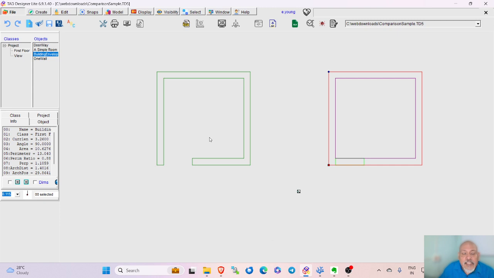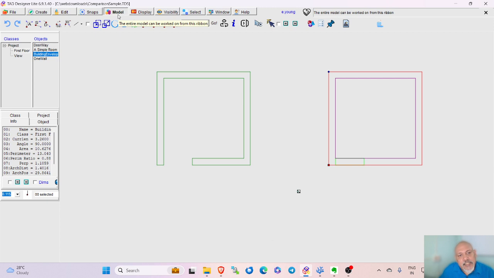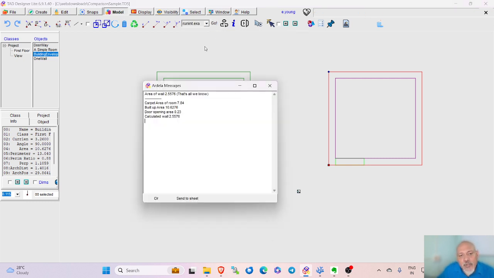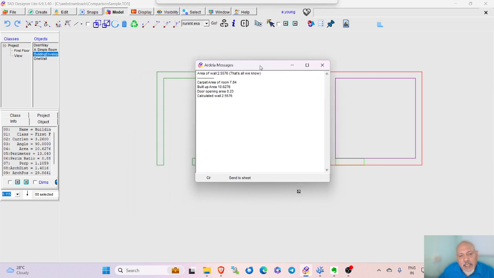Luckily for us, there is one internal scripting language which I have invented, and that is also available in TAD. That's called Ardala, Architectural Design Language. Using Ardala, I put a script inside this particular file, and now I will run that script for you, and you will see that it actually has recognized this particular classification and the way this modeling has happened. So I'll just click on go, and immediately it has run that Ardala script, and it's given me the output.